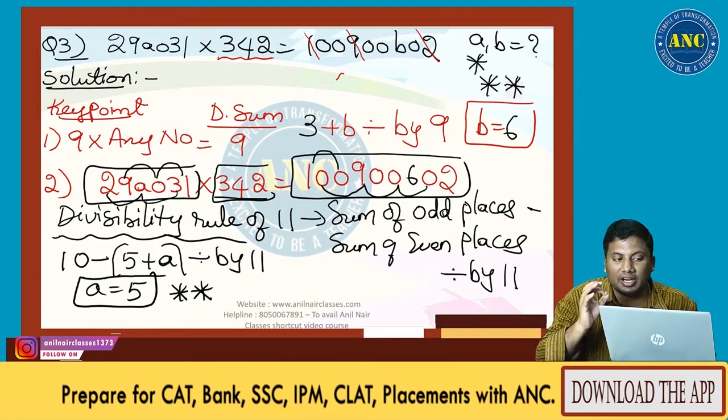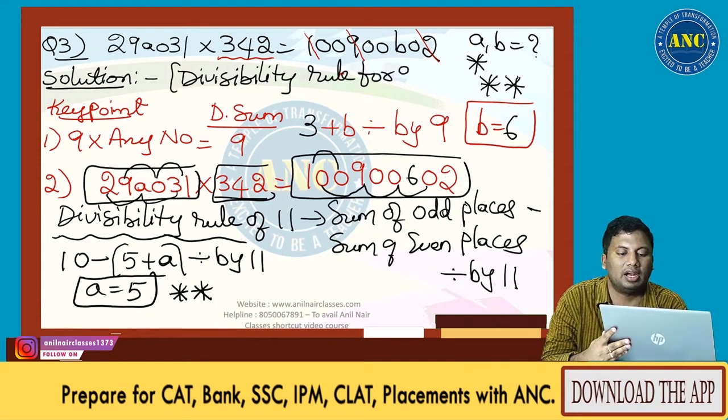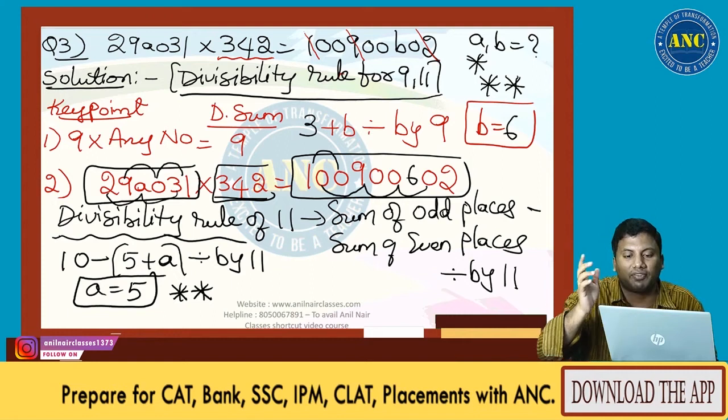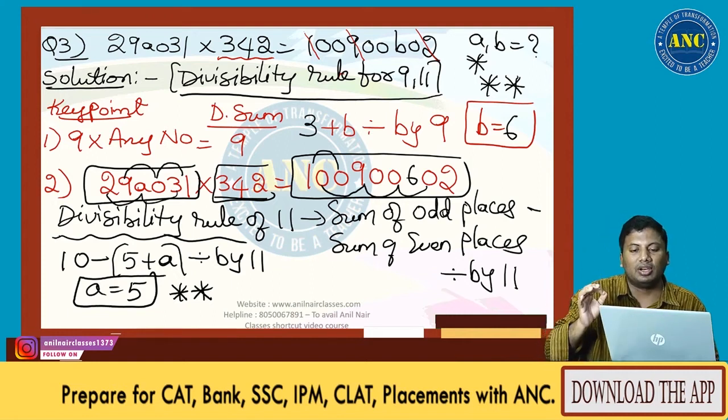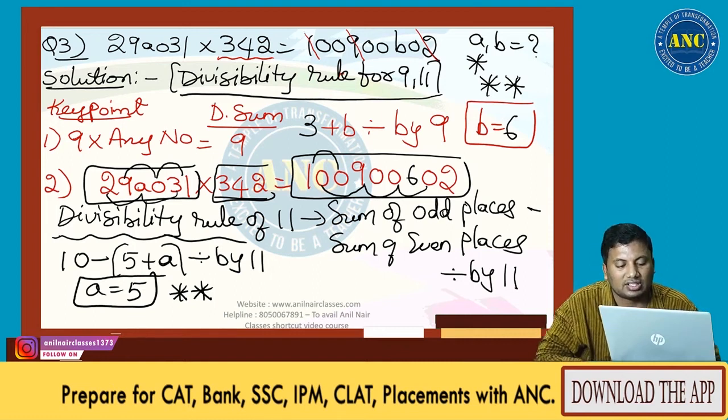The very beautiful question. This question uses the divisibility rule of 9 and 11. Question number 3. Divisibility rule for 9 and 11. 342, sum of the digits is 9. If you multiply any number by 9, the answer should be divisible by 9. I used that first concept and I got the B value as 6. I got the answer for the right hand side as